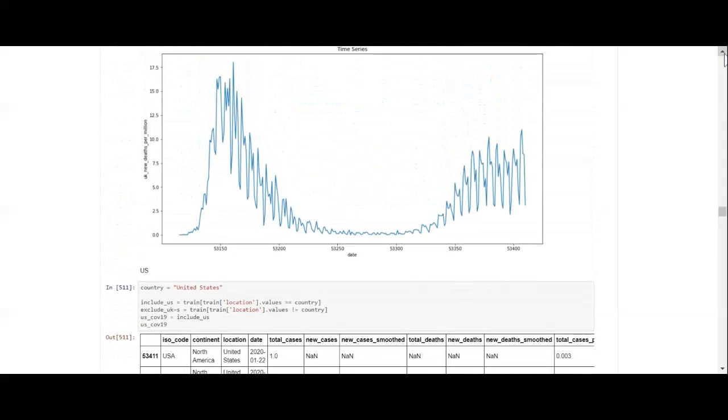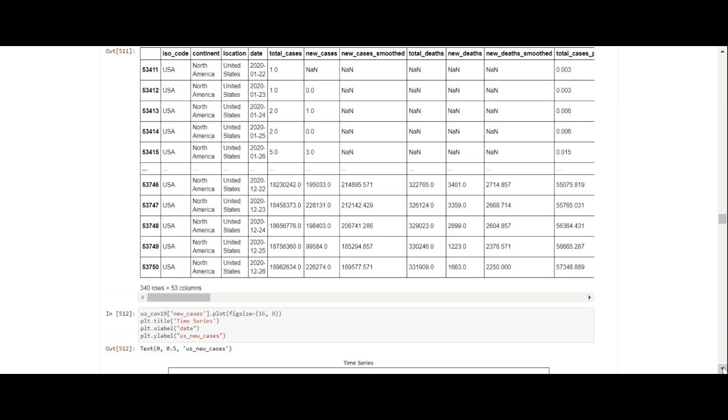You can see in the UK, they give you a scale going all the way up to 17.5, and it's about anywhere from 10 to 12.5 at the moment. That's what you've got in the UK.